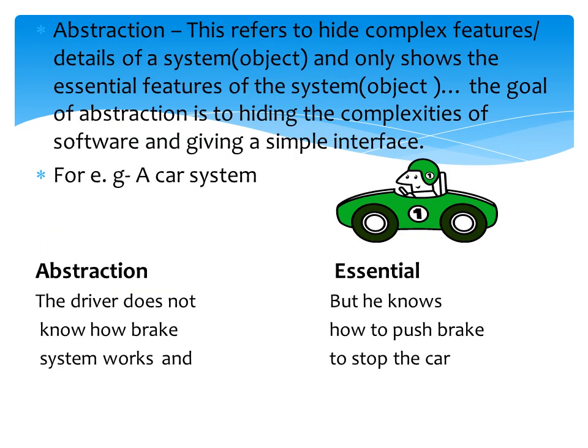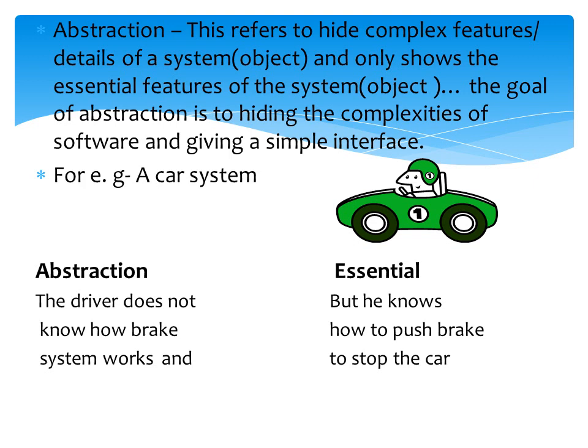In this slide, we will discuss abstraction. Abstraction means to hide the complex features of a system and to provide only the essential features of a system to the user. Take an example of a car system. If a user wants to drive a car, he should not be aware of how fuel is burning, how piston is moving, but only if he knows how to shift the gears, how to control the steering, how to apply the brakes, he is able to drive the car.